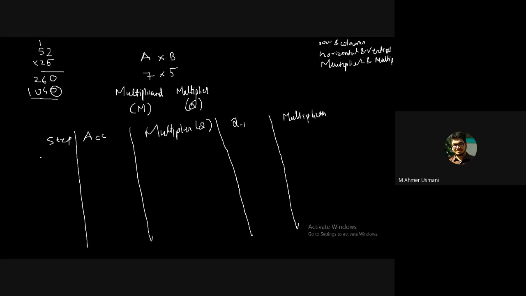The first step is nothing but the initial phase. We don't include it as a first step; we call it step number 0. The accumulator we need to initialize to all zeros. The multiplier, we initialize as 7 in this case, so it will be 0111. Q minus 1 is always initialized to 0, which is the imaginary bit. We have to start with 0.